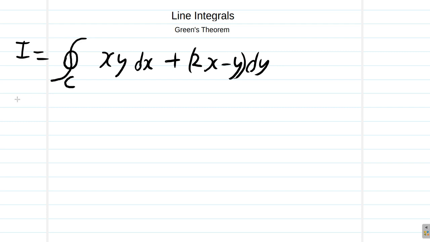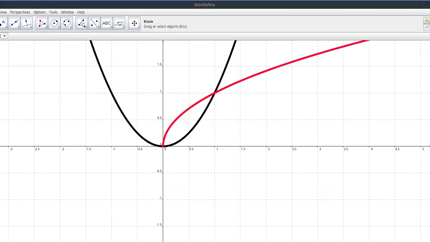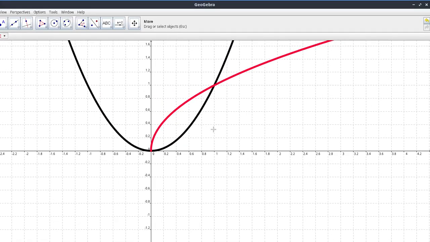and the region where this will take place is y equals x squared and y equals square root of x. All right, so that's the region where that will take place. Now the thing is, what would that look like? I have plotted it already using GeoGebra. All right,